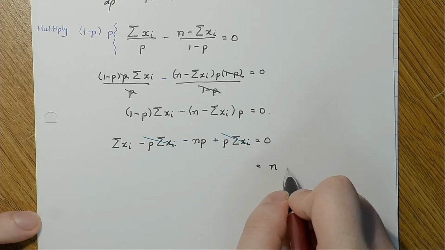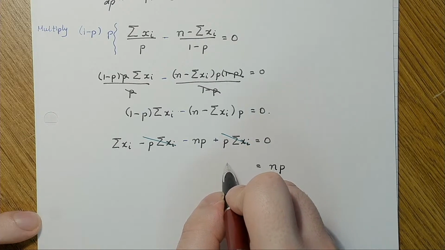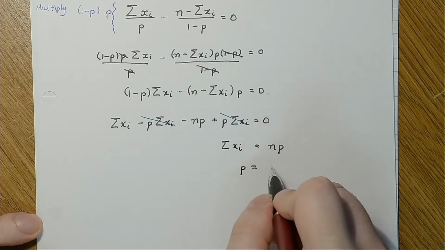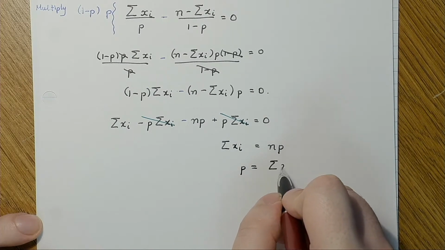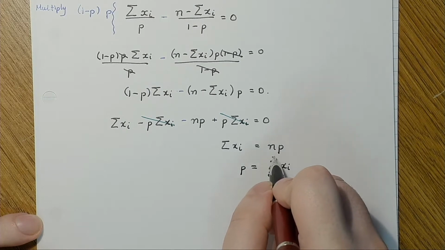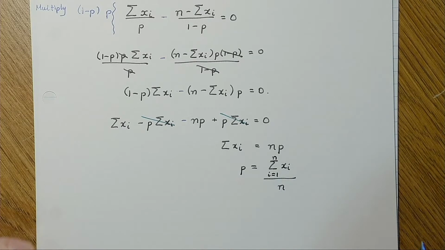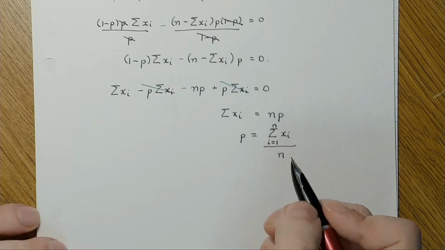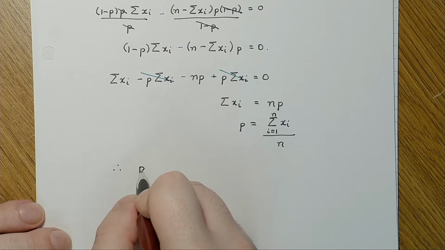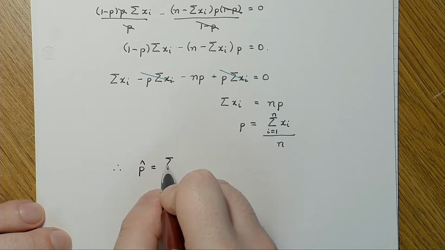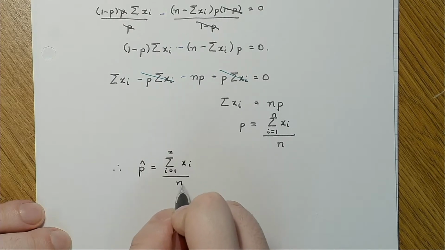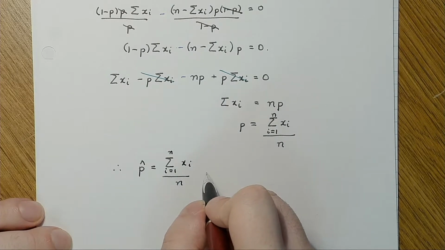Bring the np over here. And I'm left with over n. And so that is our estimator. So therefore, I should write that as p hat is equal to, or we could also think of that as